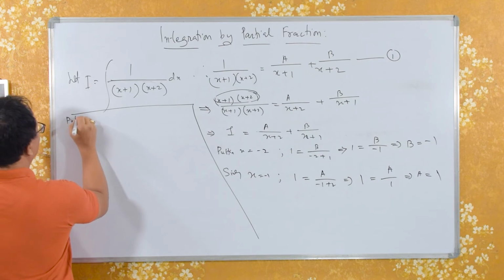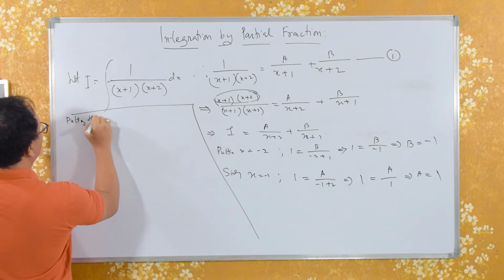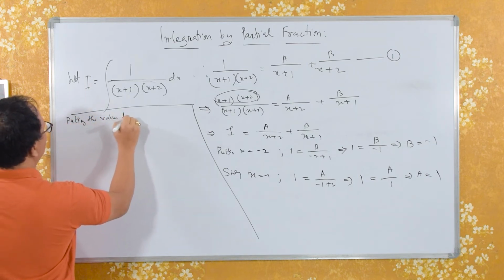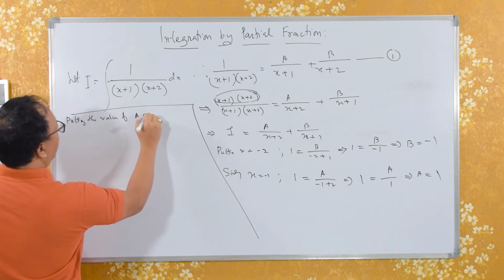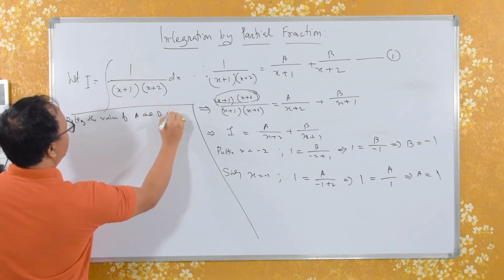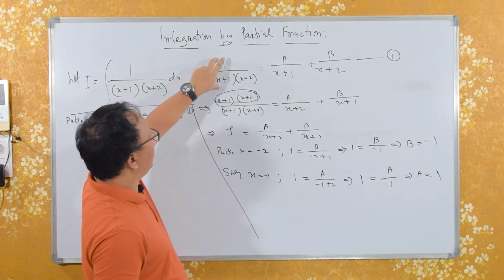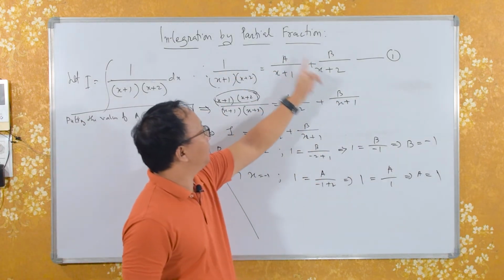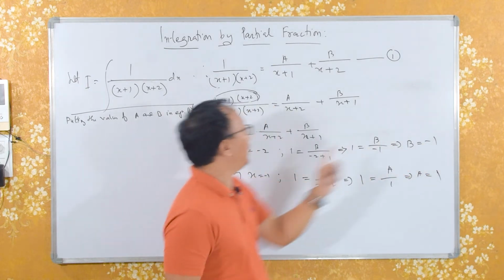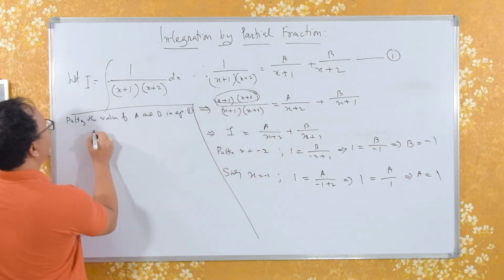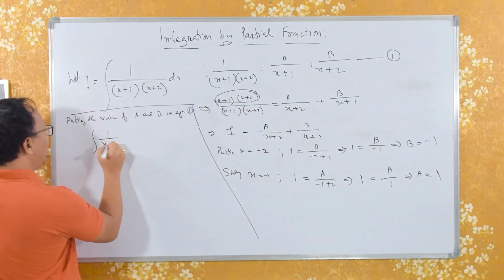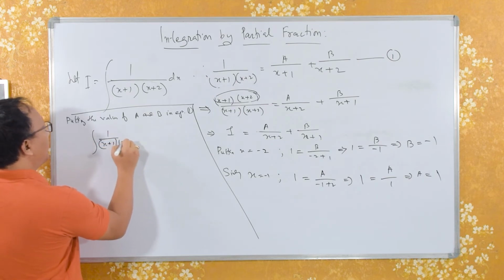Therefore, this integral will be, a means 1, b means minus 1. Therefore, integral of 1 upon x plus 1 into x plus 2